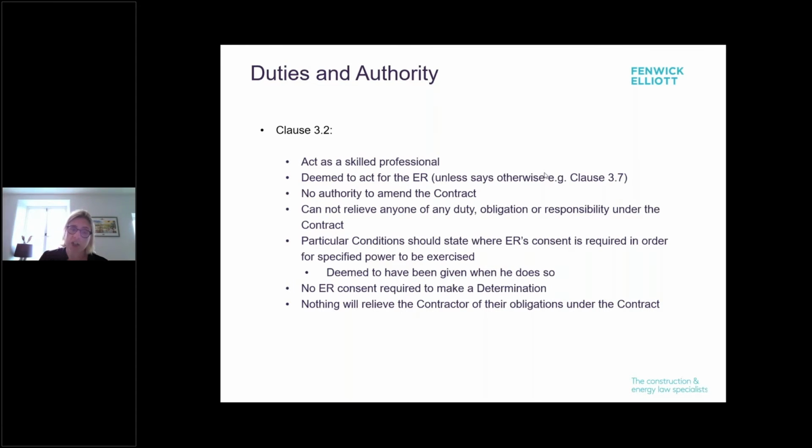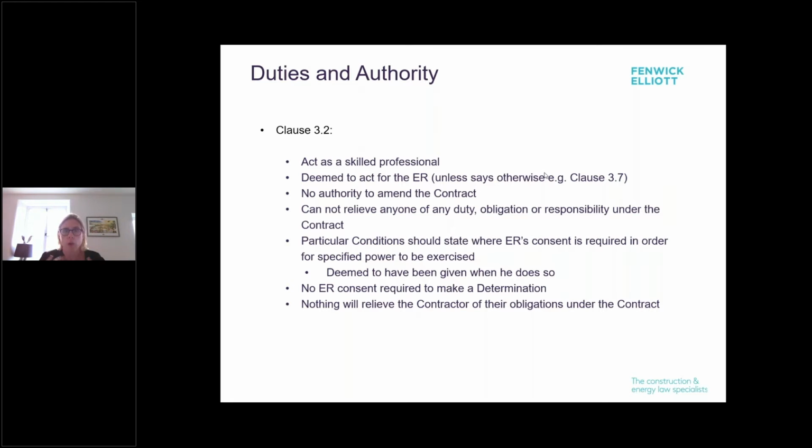And the particular conditions should state if the employer's consent is required in order for the engineer to exercise any specific power. But if he does go on and exercise that power, it is deemed that he's been given that, which could cause issues if your engineer goes rogue. But importantly, no employer consent is required to make a determination,